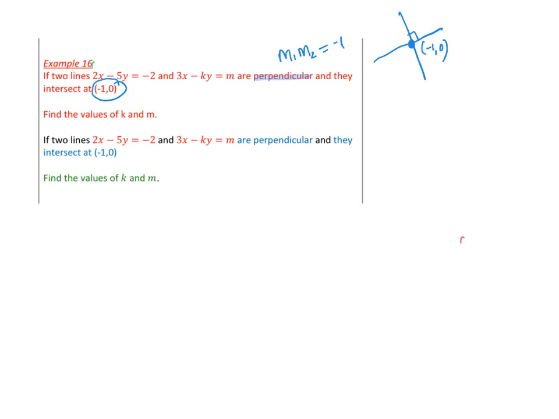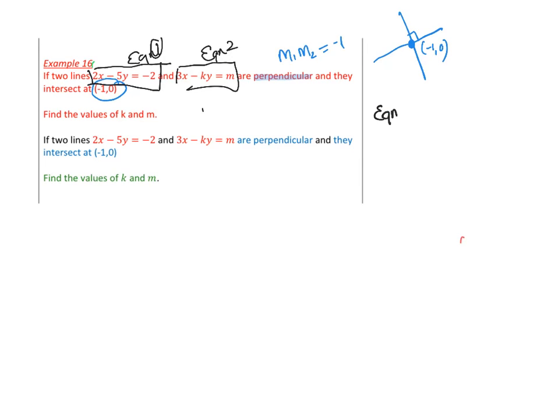So, what's our question asked? So they want us to find the values of k and m. So we'll just do the same. So let's find, I'll call this equation 1, and there's equation 2. Now they're being nasty, you know why? Because they're using the letter m and we like to use it for gradient. But in this term, it's got nothing to do with the gradient. Can you see that? They've just used m and that's just being nasty. But anyway,